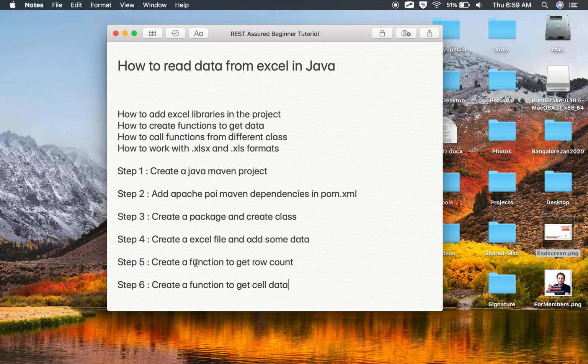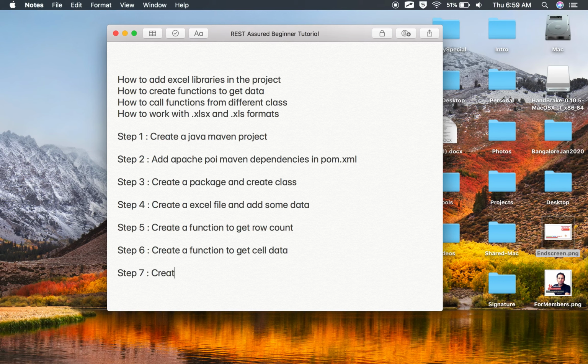Now I will create a constructor. I will say create a constructor, and I will show you what it is and how to do it, and get excelPath and sheetName as